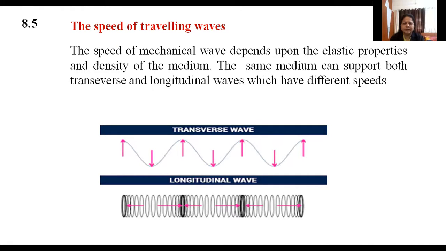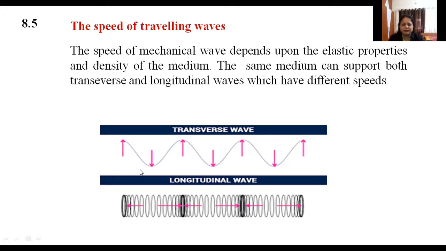Whenever we disturb the medium, the wave is created, and when the wave is traveling, the particles regain their original position, they come back to their original position, and that is the elastic property. And the greater the elastic property of the medium, the faster the wave travels in that medium. And these are the examples. This one is the transverse wave, and this is the longitudinal wave.